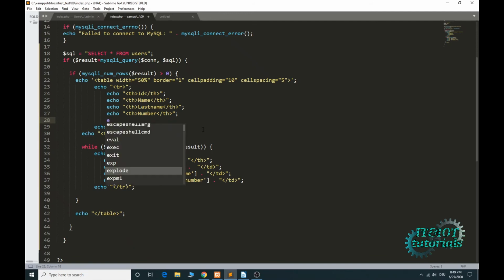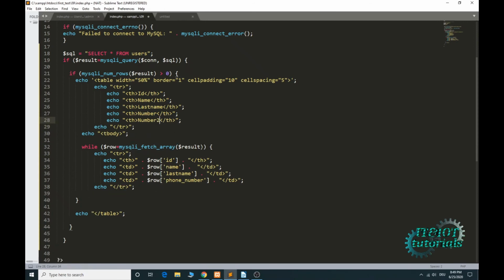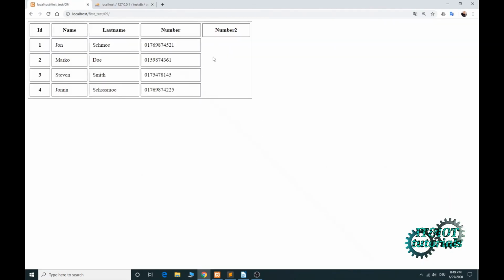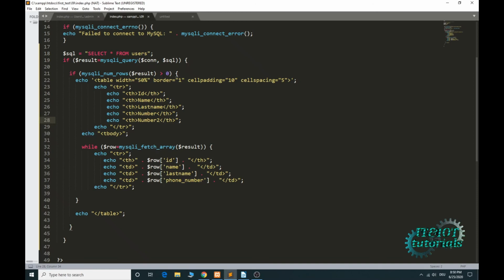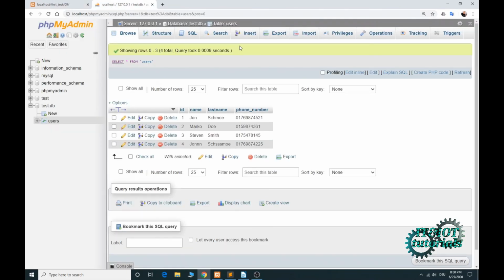For example, I can copy that, number 2, Control S to save, and here is number 2, but we haven't inputs. And if I copy that row and paste number 2, undefined index. So you have to go to structure,